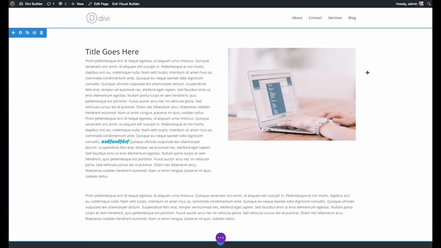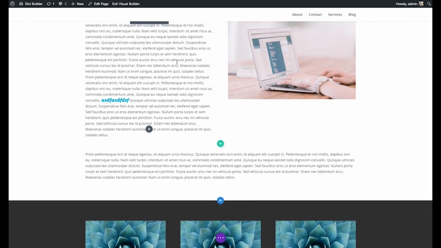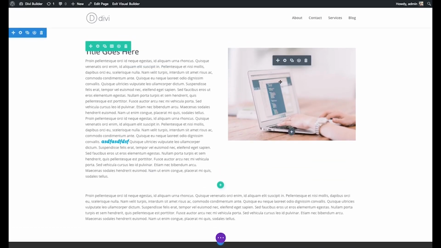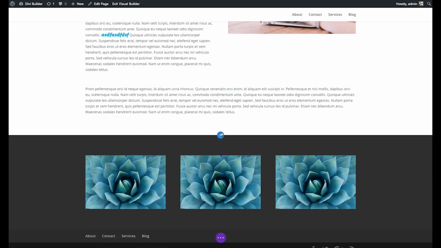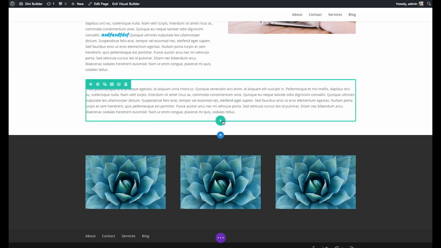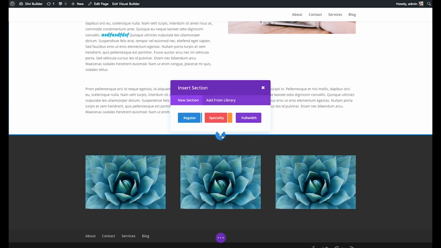Okay, so now we've gone over the 3 basic elements. We've gone over the various things you can do with those, such as editing their content, duplicating, deleting, and moving. Now you can also add new content. This is the content that was already on our page, but we can add new stuff as well. If I click any of these plus buttons, you can add any of the 3 structural elements. We have the gray plus button for adding modules, the green plus button for adding rows, and the blue plus button for adding sections. If I were to click the plus button here, I'd be prompted to add a